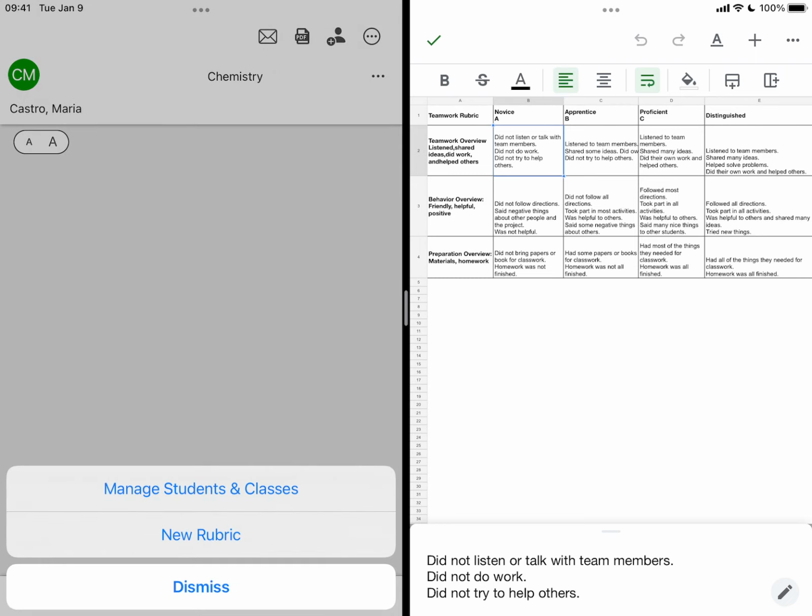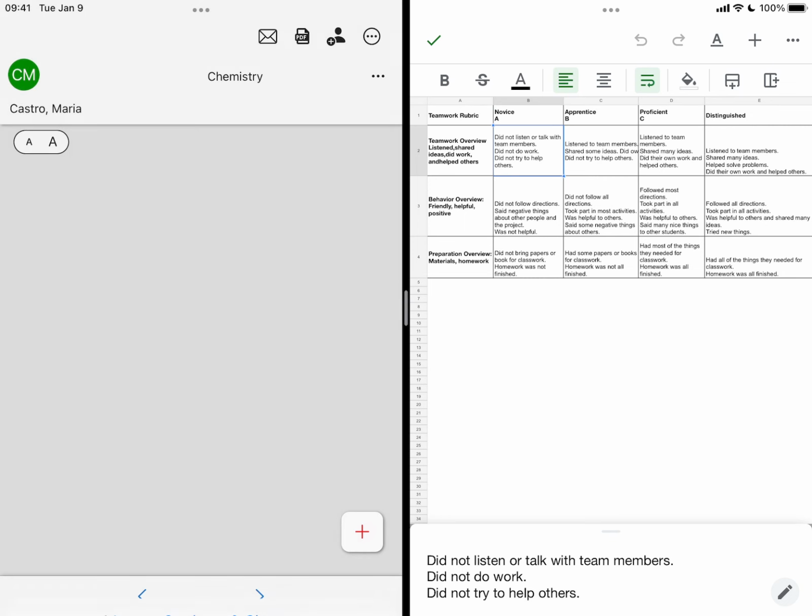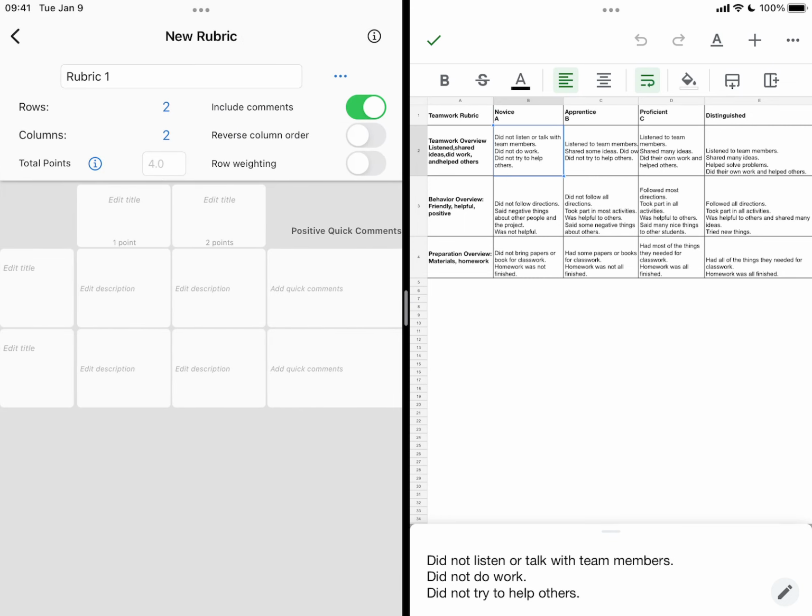tap the plus button at the bottom right, select new rubric, and this will take you to the new rubric screen. There's another tutorial on how to manually do this, and it's totally fine to do it manually. But if you have a complicated rubric, it's a lot easier to do it on a computer and then import it. So you'll see on the right here, what you're going to do is, again, just like with importing students,